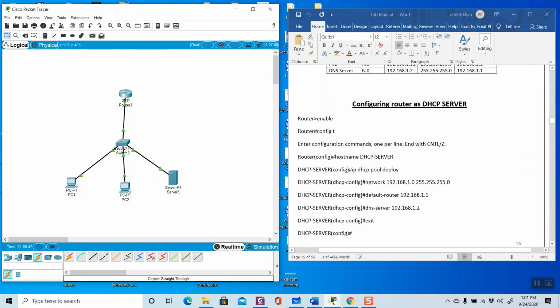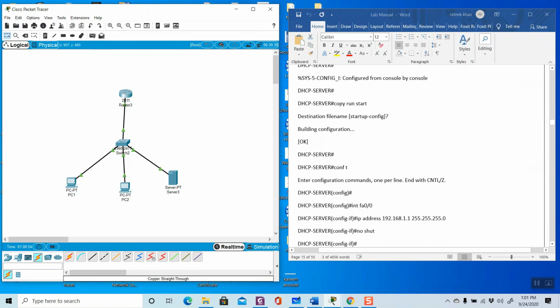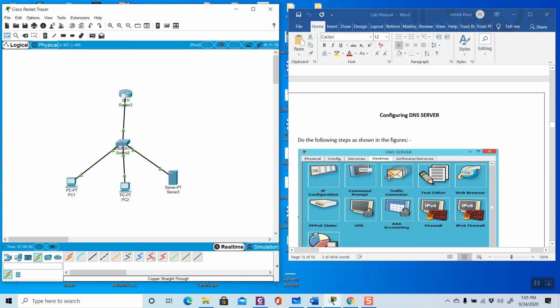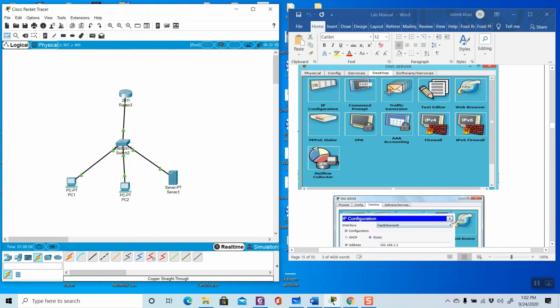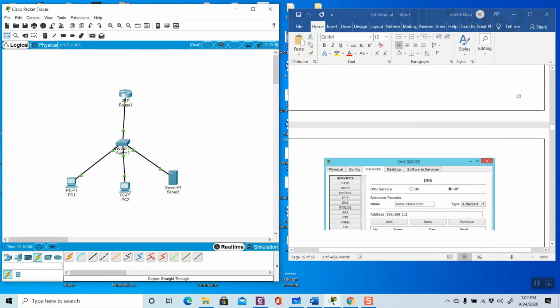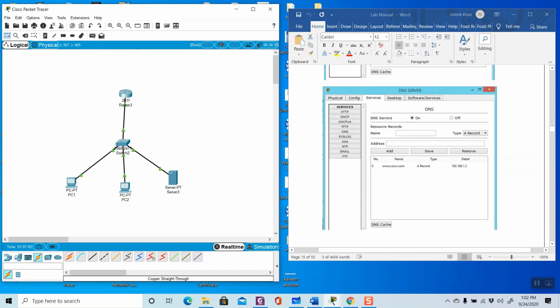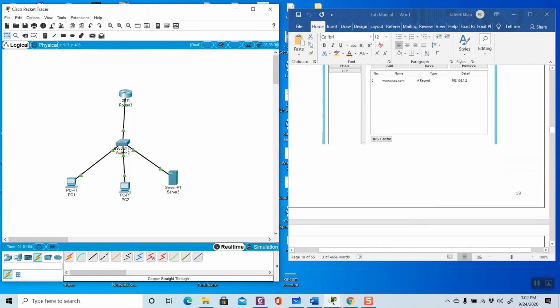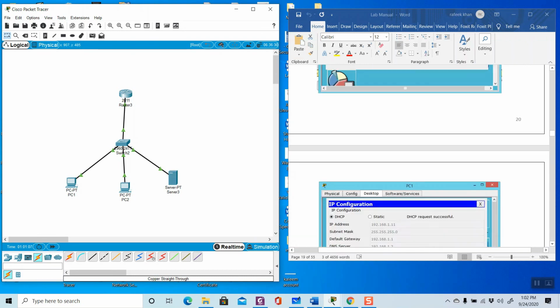You have to first configure the router as a DHCP server and follow these commands. After this you have to provide the DNS server configuration: give the IP address, then give the DNS name, then turn on the DNS service, then finish and close this.